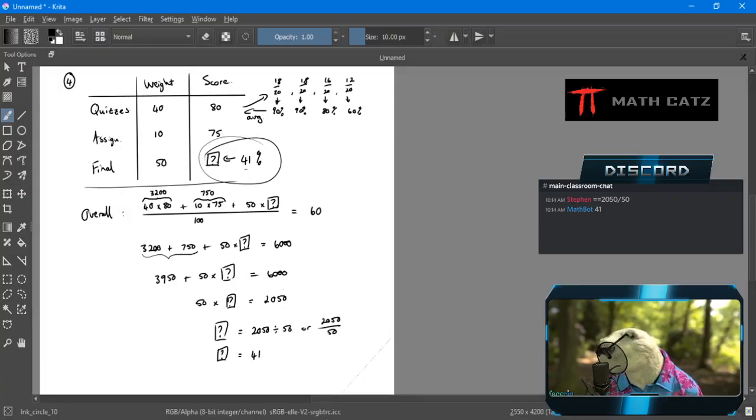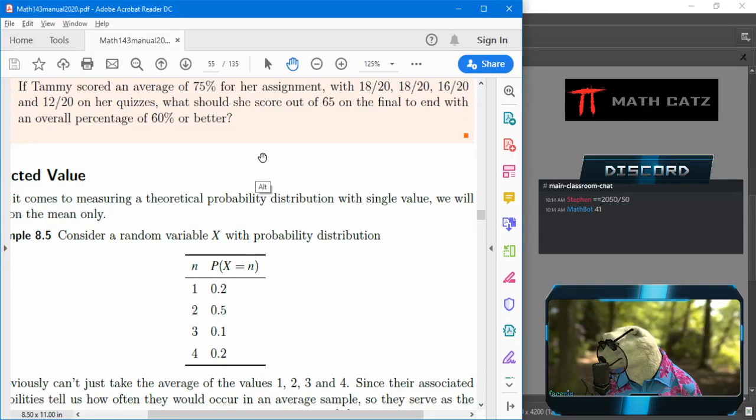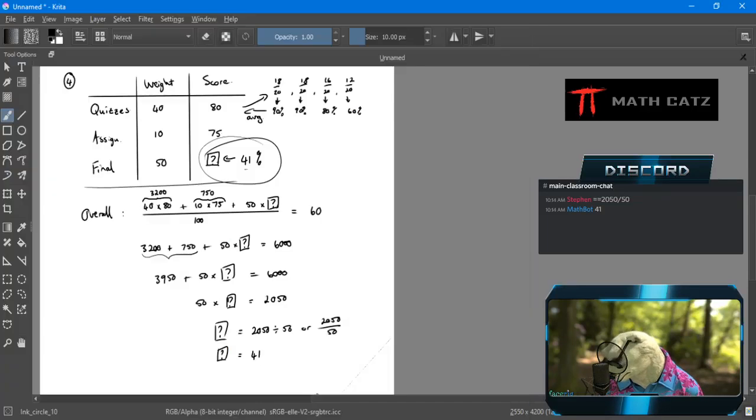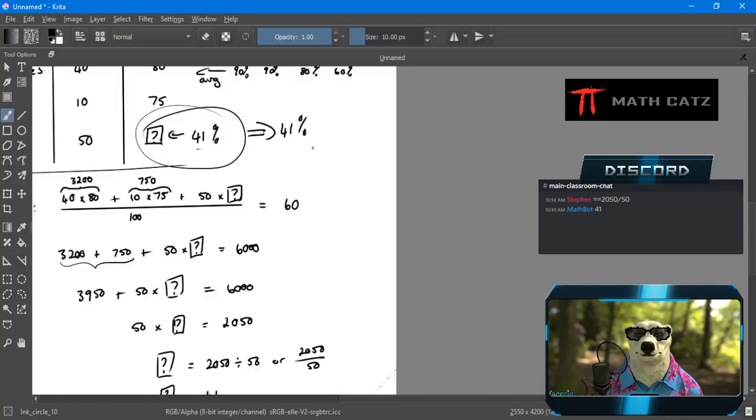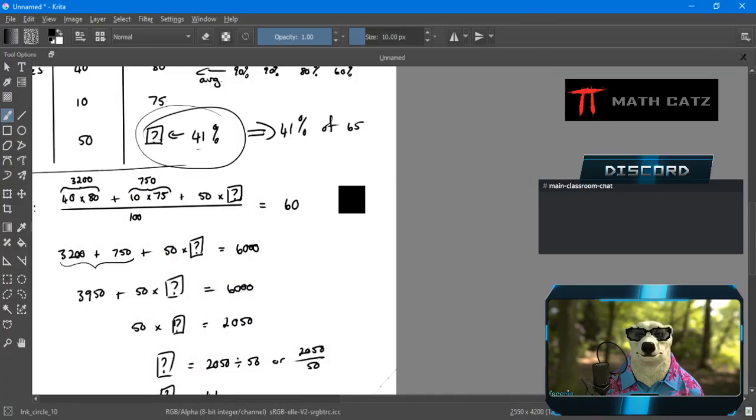That's not quite what they're asking. Yes, we now know that she should get 41% on the final exam to reach her target, but the question actually asks, what should she score out of 65 on the final exam. So we can do it up here. So 41%, let's zoom in, of 65, which is the total of the final exam, whoopsie,